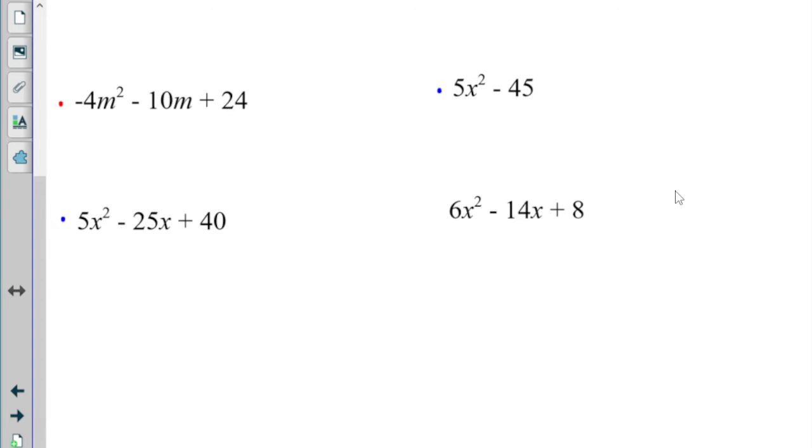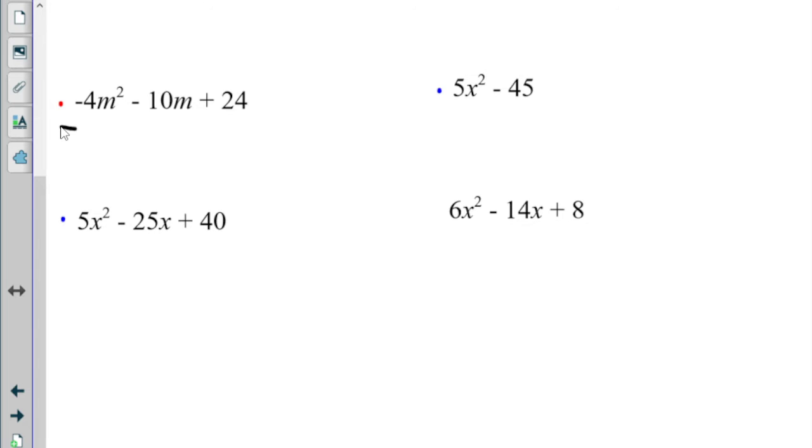So a couple more examples. And we are starting with the negative 4m squared minus 10m plus 24. So remember that the first thing we should do is look for a GCF. And what I like to do is, I don't like when the first term is negative, because there's a whole bunch of other things you have to worry about if it starts negative. So I'm going to go ahead and take a negative out of the whole thing,